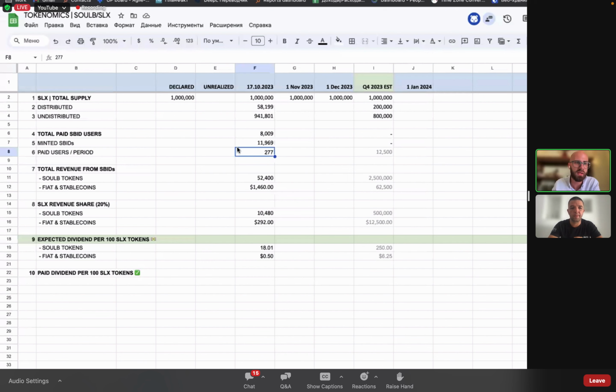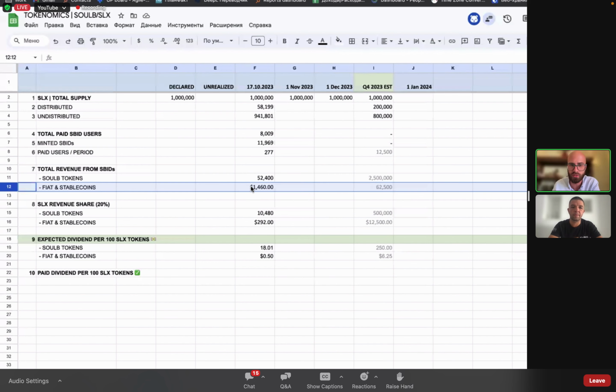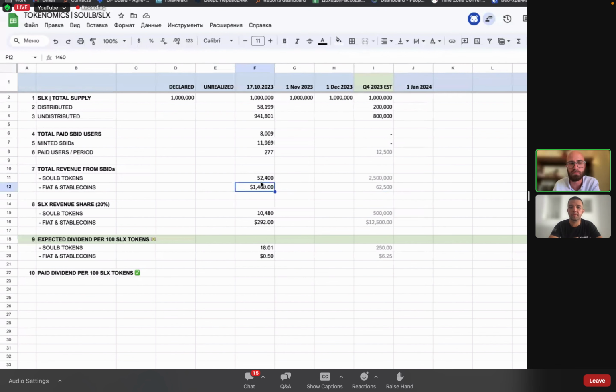And here you can see the total revenue from the SBADs in SOULB token. So it is the people that paid through SOULB tokens for the identity, and 52 SOULB tokens were paid, and also fiat and stable coins. So this is the amount the community paid for the SBAD to be minted. To get the SBAD verified, it is $10 in fiat and